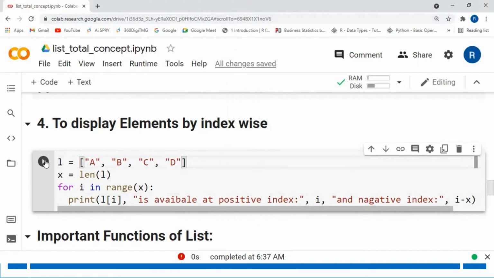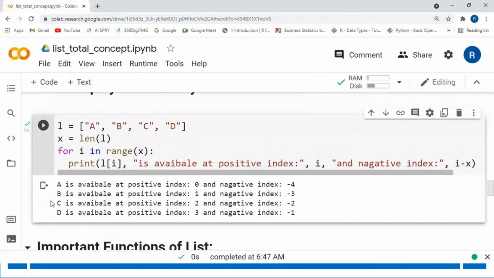Yeah, I am running this code. Yeah, see the output: A is available at positive index 0 and negative index minus 4. This is 0, 1, 2, and 3, and minus 1, minus 2, minus 3, and minus 4, negative index.